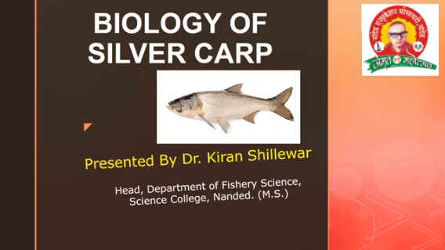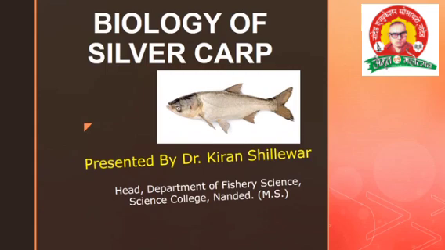That is, the Indian major carps and exotic carps, for example grass carp, silver carp, common carp, all have a toothless mouth. Indian major carps, for example Katla, Rohu, Mrigal, have the title carp. The fish having the title carp in the name means a toothless mouth. Okay, today we see the exotic carp.